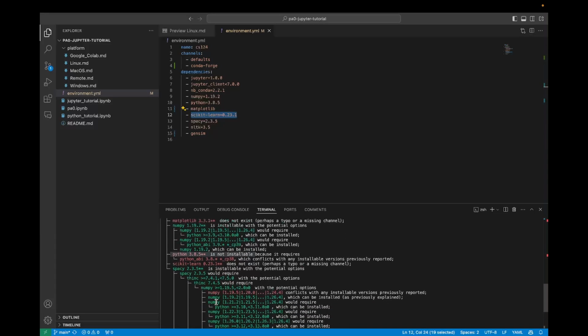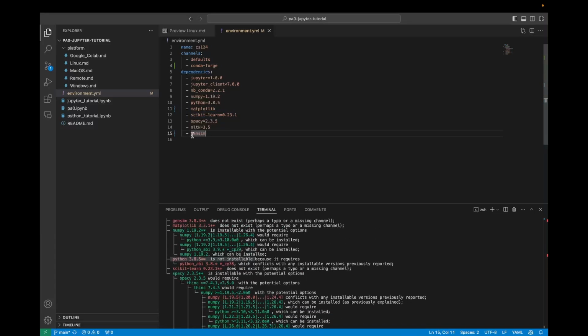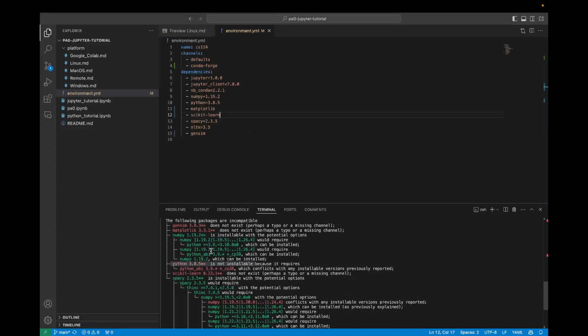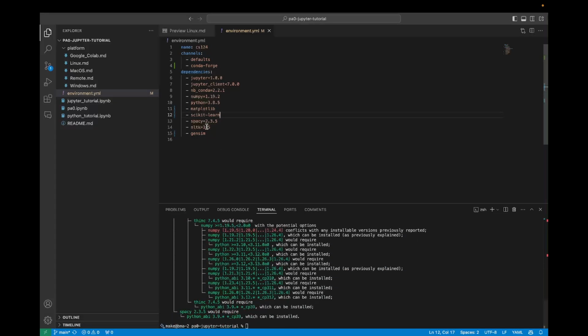To resolve such conflicts, what we can do is just remove the version in conflicting libraries. For example, GNSIM, matplotlib, scikit-learn, we just remove the version, okay? And when we remove the specified versions, Conda automatically tries to find the best combination that works